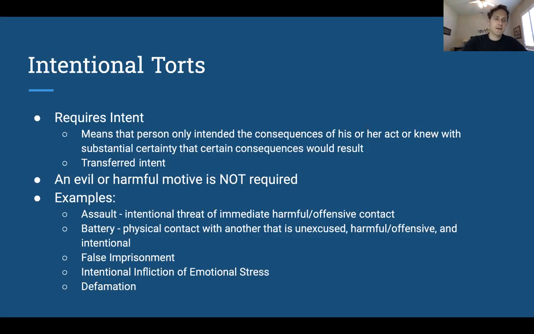Let's jump down to this second sub-bullet point where it says transferred intent. What this means is a kind of common defense. Let's say that one tort is assault and battery. We'll talk about those in a second too. Battery is where you actually touch somebody. Assault is when you put them in fear of immediate, harmful contact. But battery is when you touch somebody, meaning a harmful touching. So if I punch you in the face, that is a battery. Why? Because